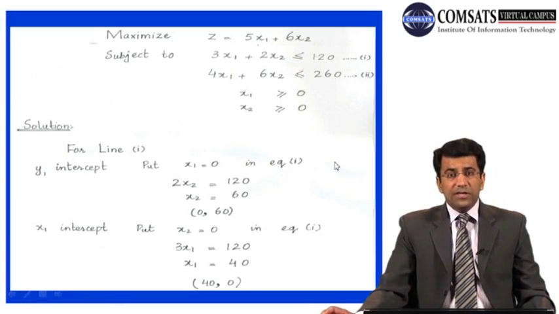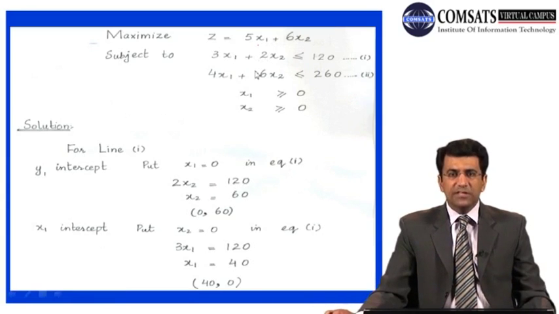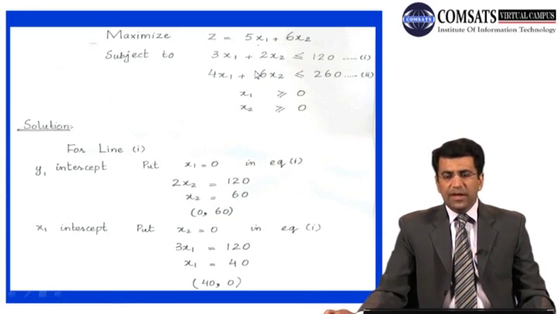Now class, we have already discussed how we should solve these sort of problems. Again, we will follow the same steps. First of all, we will take the first constraint and convert it into an equality, and then we will put the different decision variables, which are x1 and x2 in this particular case, one by one equal to 0, and then we will calculate the value of the other decision variable. The same process will be repeated for the other constraint.